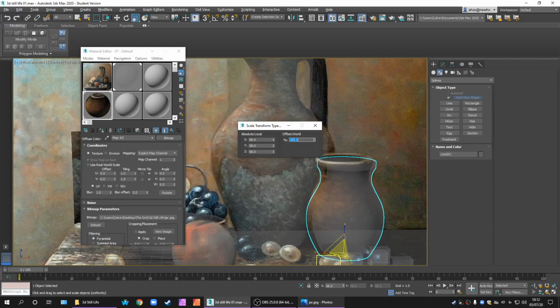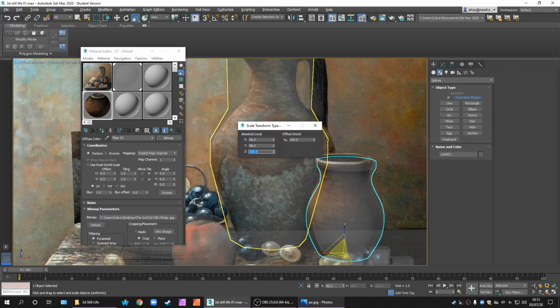Yeah, I think I like that better. So it's not quite as tall, maybe. So let's scale that a little bit. This is just non-uniform scale. Take it back to that height, 102,